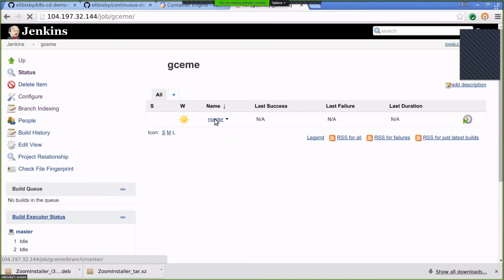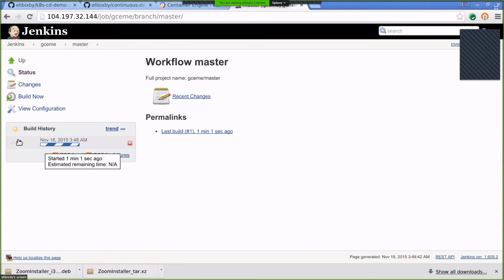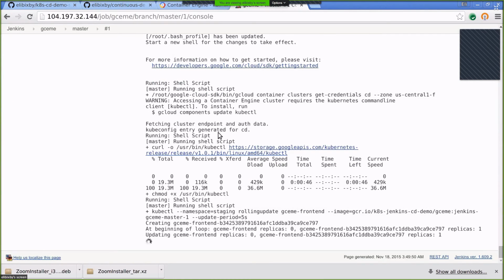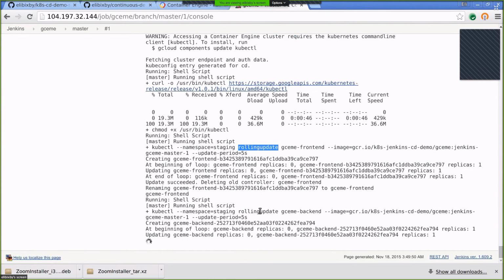There's a job for each branch, actually. Oh, it is already building. Great, so this is the initial build. If we go in the log, we can see all the things it's doing. It has already managed to deploy in a rolling update. Kubernetes offers a rolling update feature, which basically allows you to have a version of a pod in a replication controller. A replication controller has a certain number of replicas. You say, rolling update this replication controller to this new version, and the replication controller says, okay, one at a time, I'm going to spin down these pods of the old version and spin up a pod of the new version, which is great.